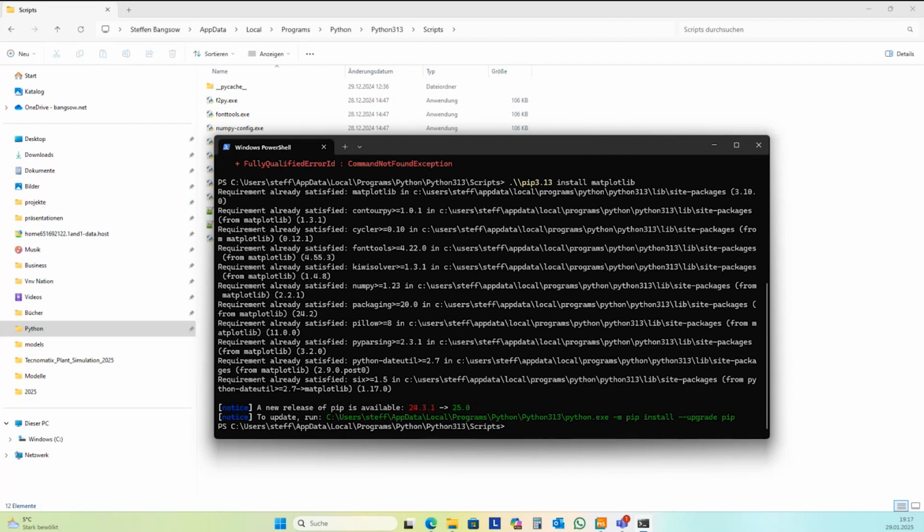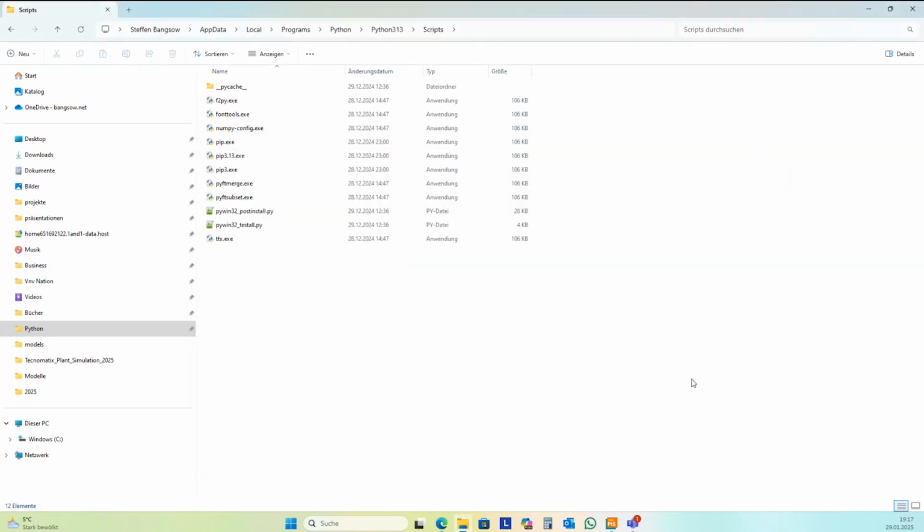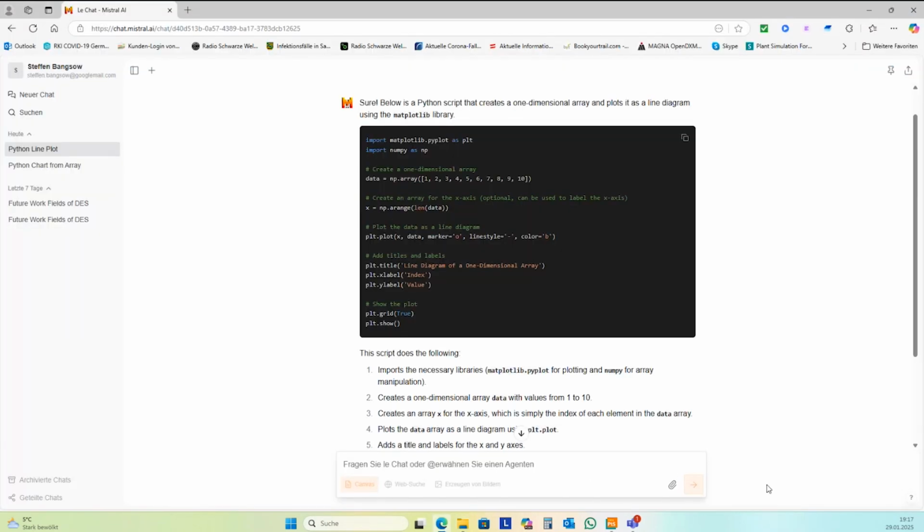Should look like this. It downloads the package and installs this, and now I can use this, and we can switch back to our AI if I find it.